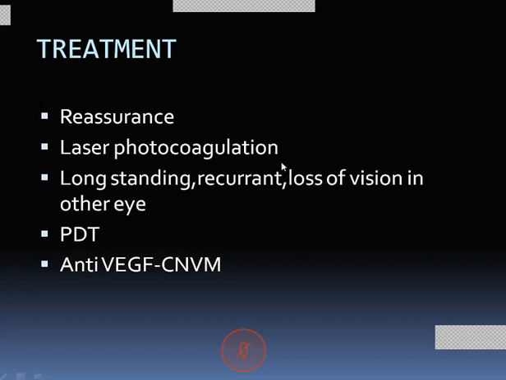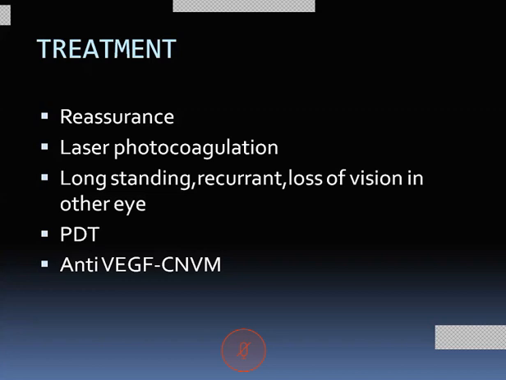If it is a large CSR, that is a bullous CSR, and if it is long standing, that is more than 3 to 6 months, and also if it is a recurrent CSR, and also if there is a history of loss of vision in the other eye, then we can go for laser photocoagulation. It is only a focal photocoagulation which is done to the point of leak. We do the FFA and clearly identify the point of leak, and exactly to that point we